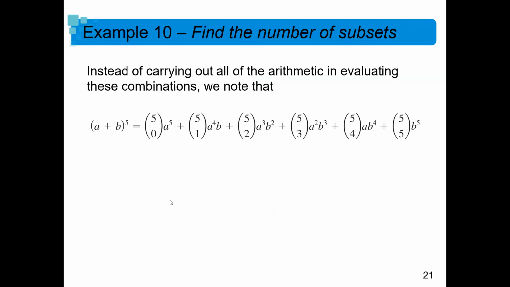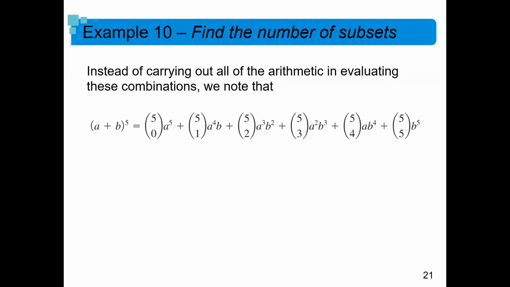And this is what I'm talking about. So instead of carrying out the arithmetic in evaluating the combinations, we just note that 5 choose 0, 5 choose 1, 5 choose 2, 5 choose 3, 5 choose 4, 5 choose 5, they are the coefficients of the binomial a plus b raised to the